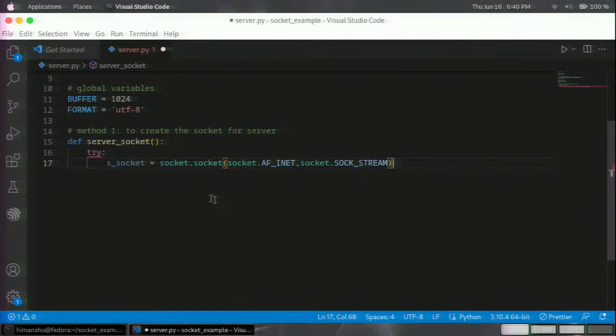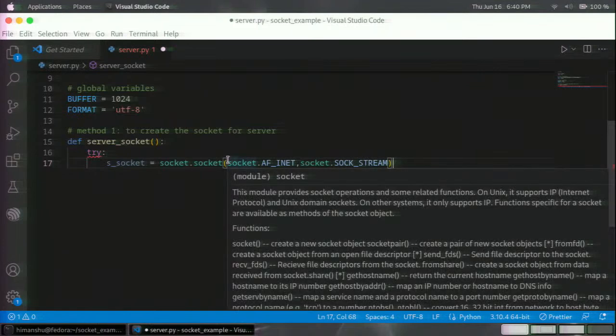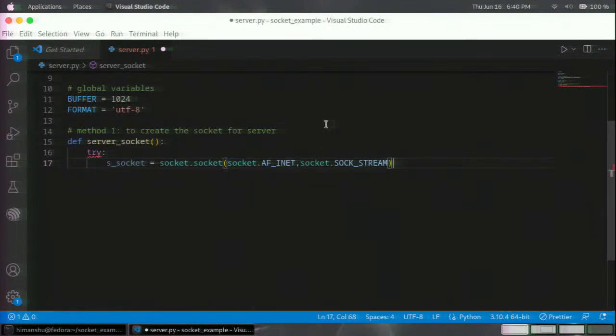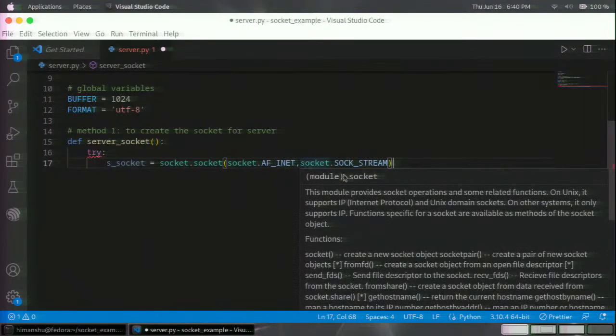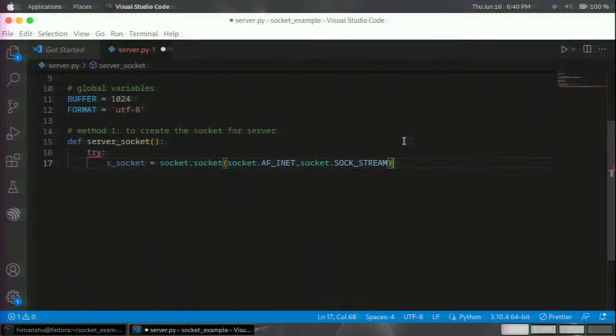Okay, when we are creating a socket, we can use the method socket.socket, and inside this function we have to tell two things: the socket family, whether we are going to use Unix sockets, IPv4 based sockets or IPv6 sockets, and the type of socket, meaning which protocol we want to implement. Generally I am using socket.AF_INET, and we are